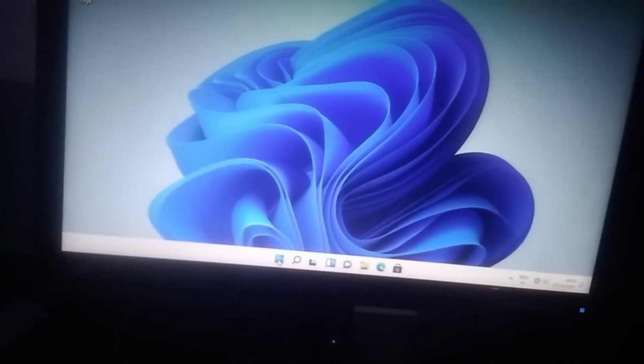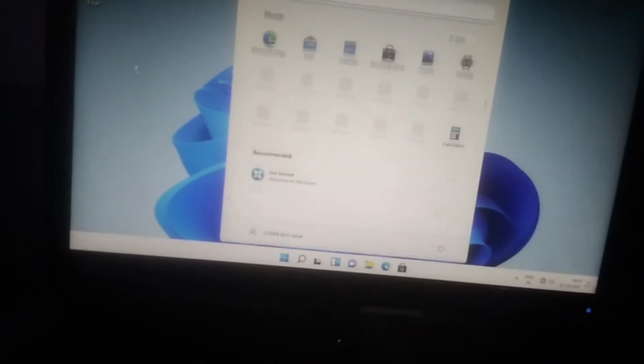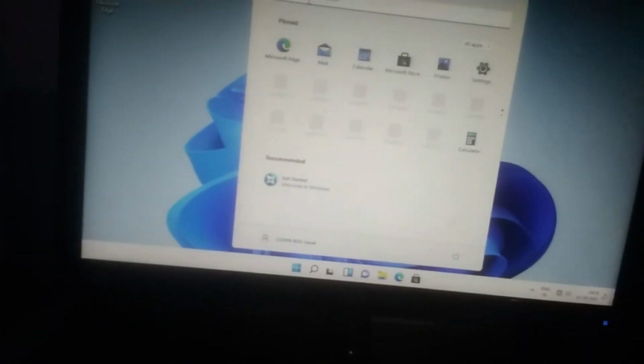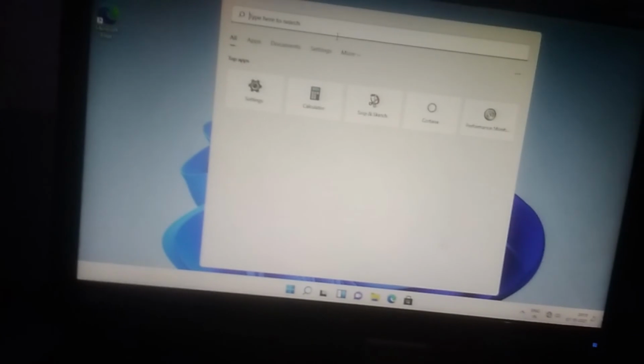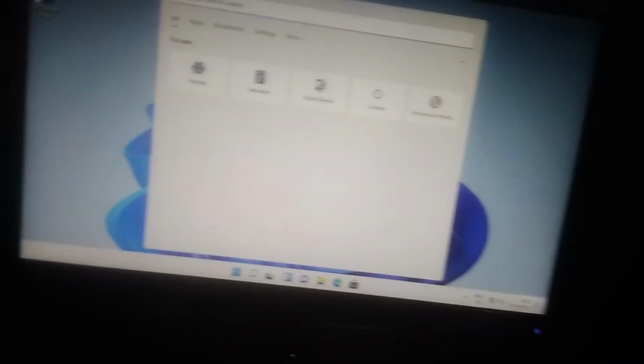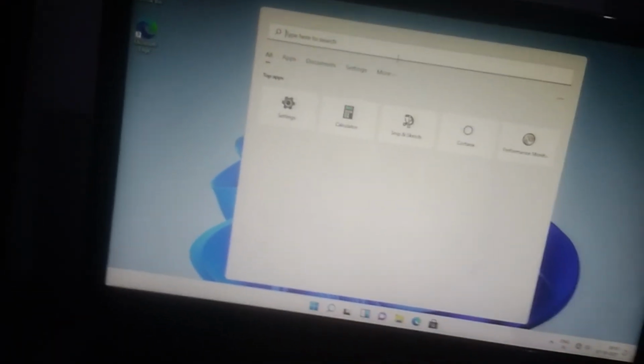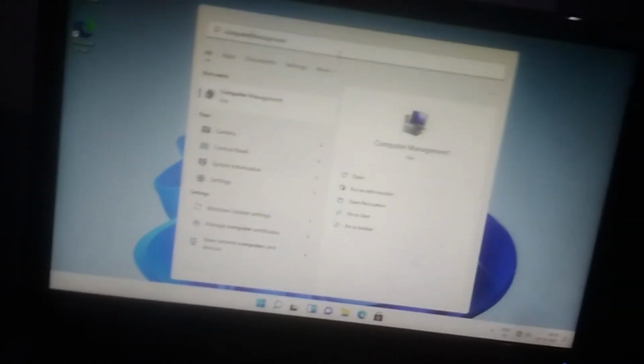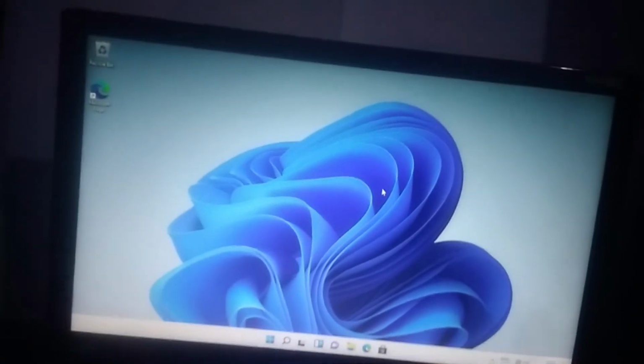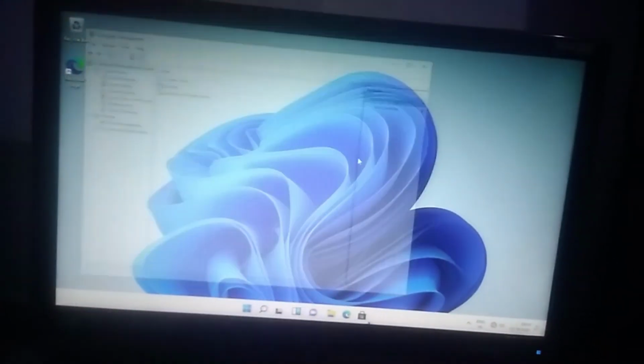And guys, in the earlier video I told you that it is not currently supporting Android apps, but after some updates it will support them in the middle of 2022. And let us now see the GPT partition, that is secure boot. For that, just open computer management, search here for computer management. And guys, if you want to use Windows 11, then your PC must have an i3 processor, 4th generation, 4 GB RAM installed, and at least a 64 GB hard disk or SSD. So these are all the disks.